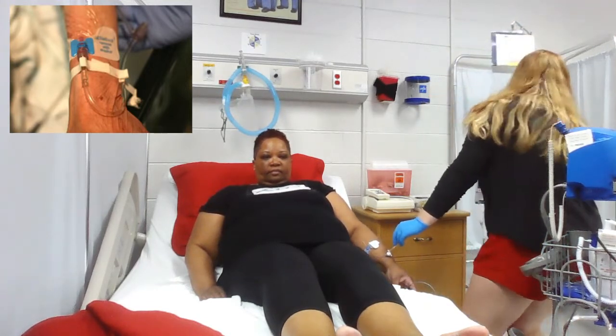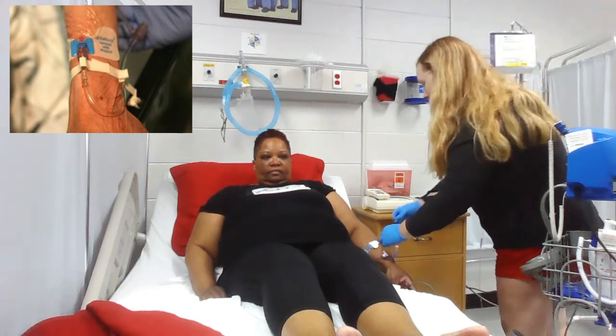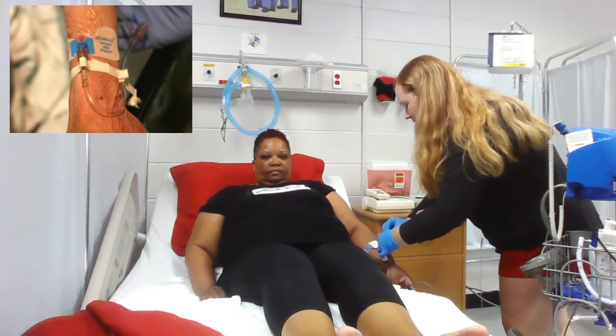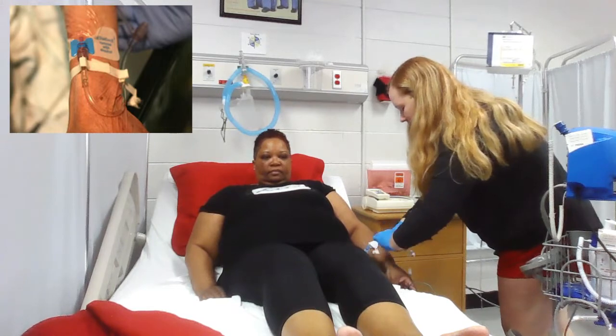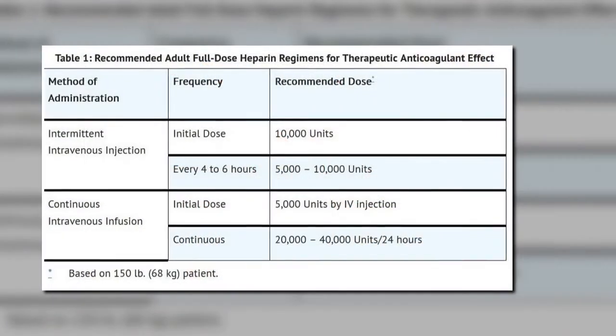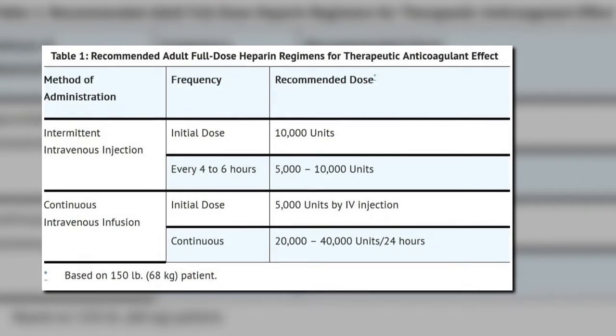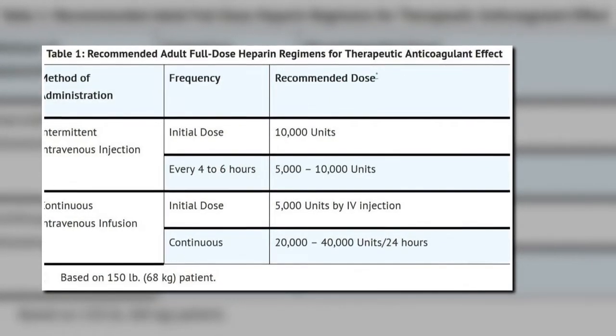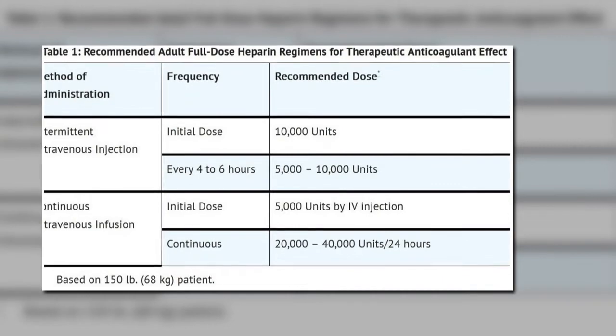The dosage of heparin depends on the weight of the patient. For a 150-pound patient, the intermittent injection is 5,000 to 10,000 units every 4 to 6 hours with a 10,000 unit initial dose. For a continuous infusion, it is 20,000 to 40,000 units per 24 hours with a 5,000 unit